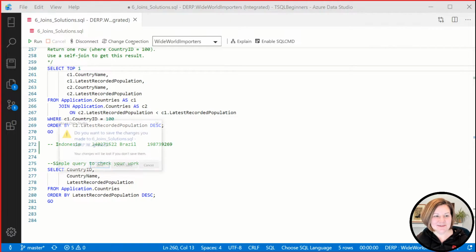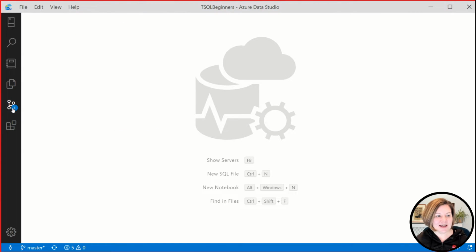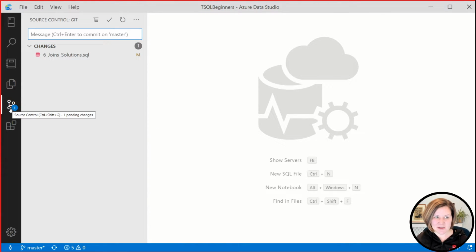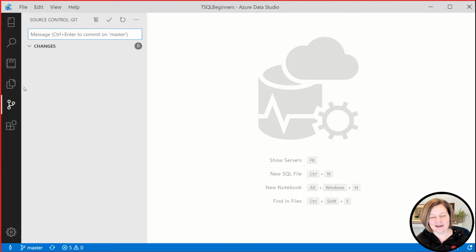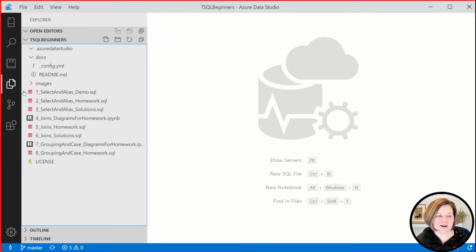All right, I'm going to close this file out. And actually, I'm going to go in here. This is just my little source control thing. And I think I'm going to go ahead and discard my changes in there. I know I fixed one thing that I'd made an error on, but I think I accidentally made other changes. So just so I don't save the accidental changes without thinking about it,